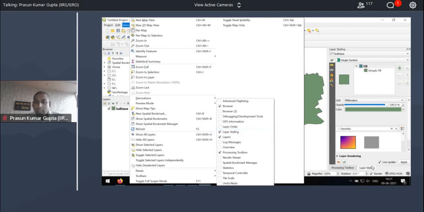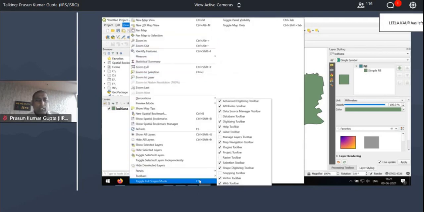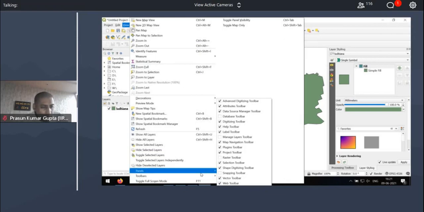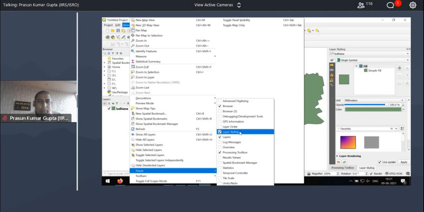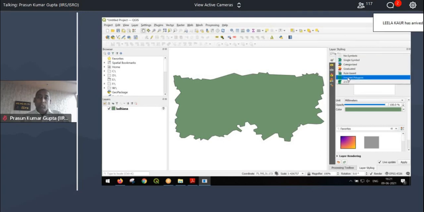So if you don't see the layer styling panel here, you have to click on View and Panels and select the layer styling panel to activate it. In layer styling panel, you have several options. One of them is inverted polygons. What does inverted polygon do?